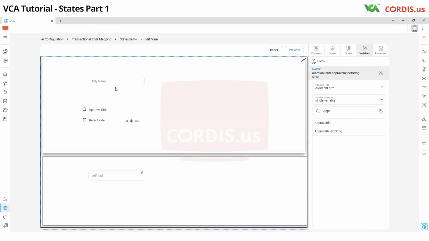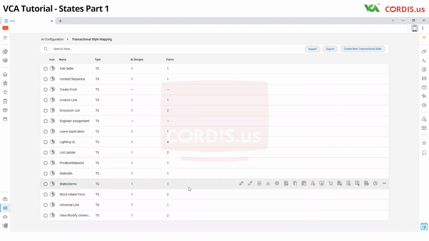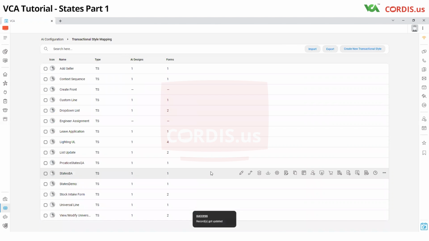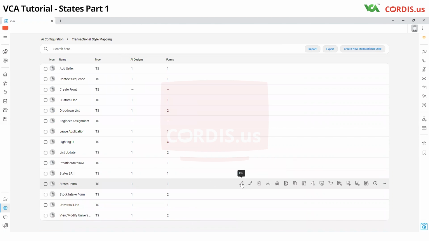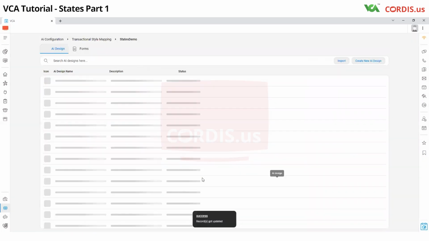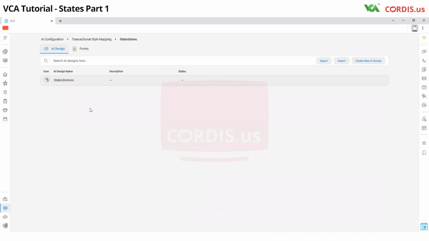Now this is the init form. This is the form that will be running the moment the transaction style is executed. As usual, we can ensure this by going here and clicking on this. So we go ahead and do this. Once this is done, then we go here and now we have to create the different state forms because